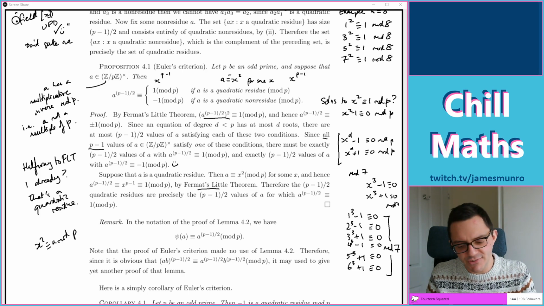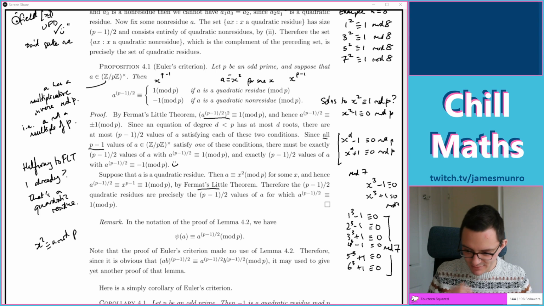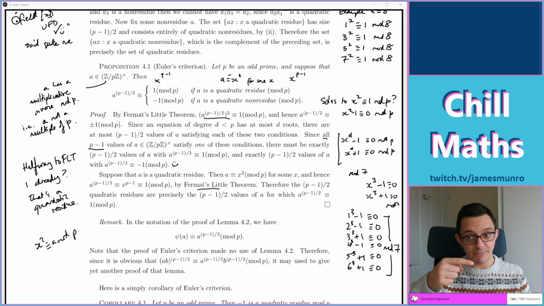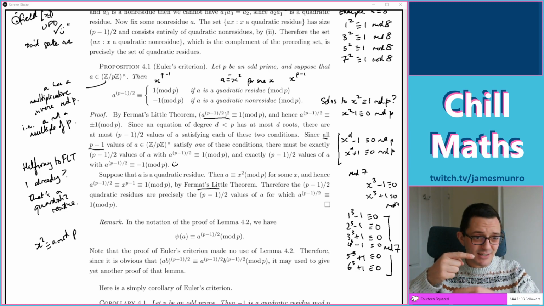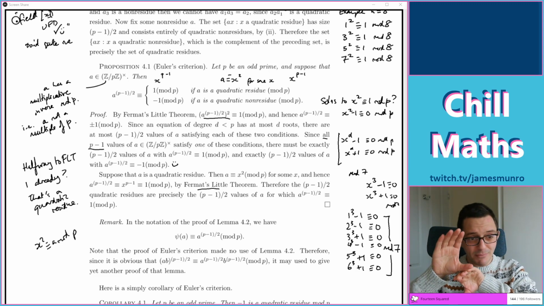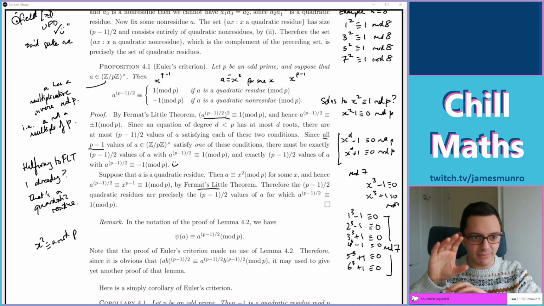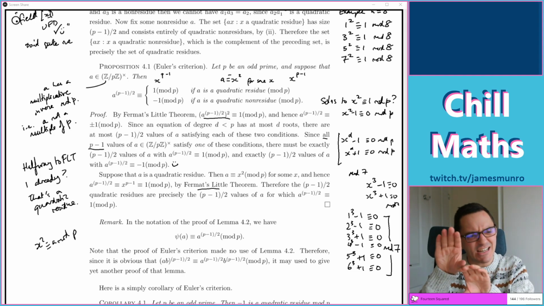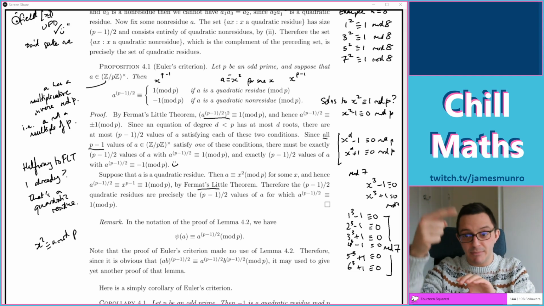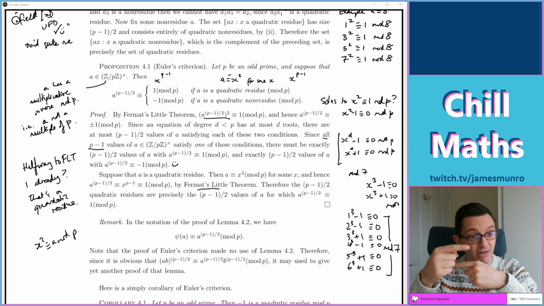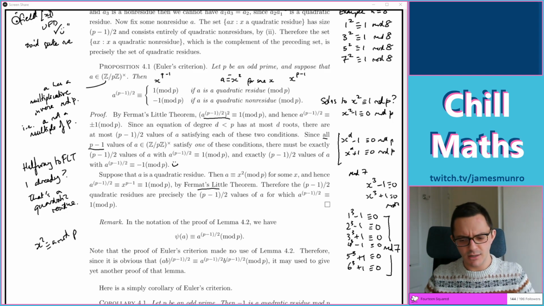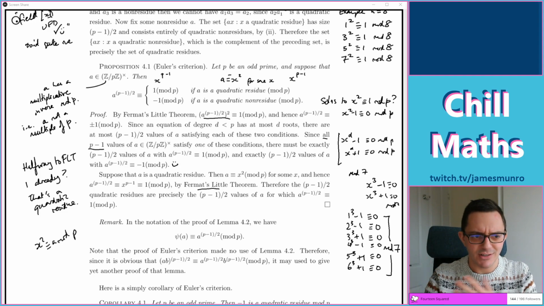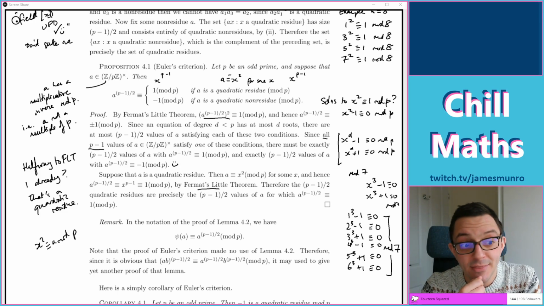There are no more solutions. But this means that if you square the first half of the numbers, and then square the second half of the numbers between 1 and p, you're just going to see the same stuff again, but written backwards. There's a pattern to this, because the second half is like p minus 1, p minus 2, reading backwards the other way. Squaring is like squaring a negative number. That means that things come in pairs.